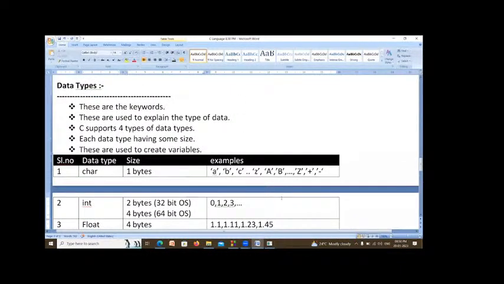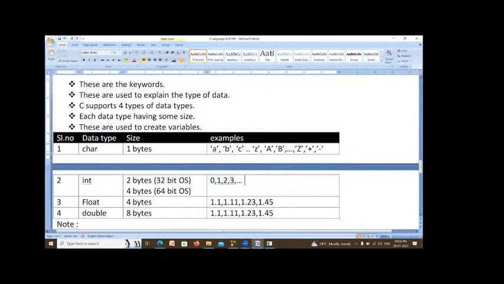Sir, can you please repeat? Sure. Which one? Data types. Okay, Tanvi. See this. Whenever you see the keyboard, there are so many symbols. Alphabets will be there, digits will be there, floating digits will be there, symbols will be there. Those are classified into 4 types. Alphabets are also called characters.